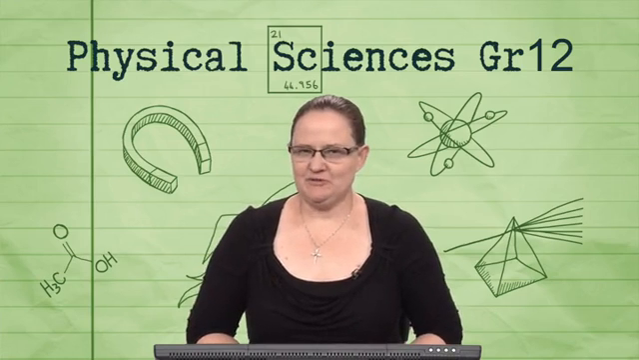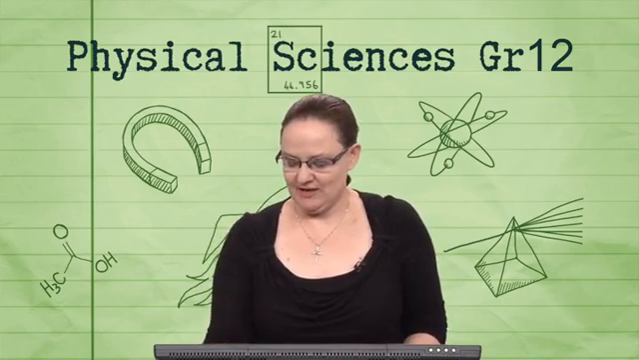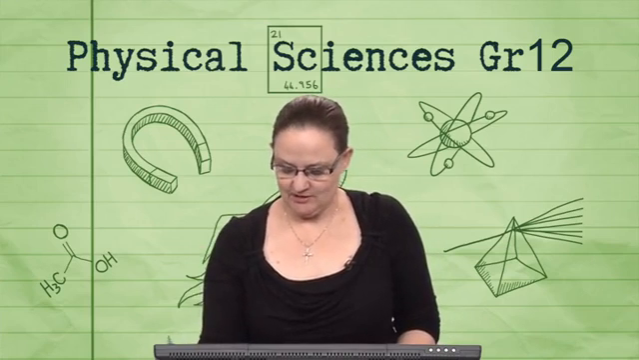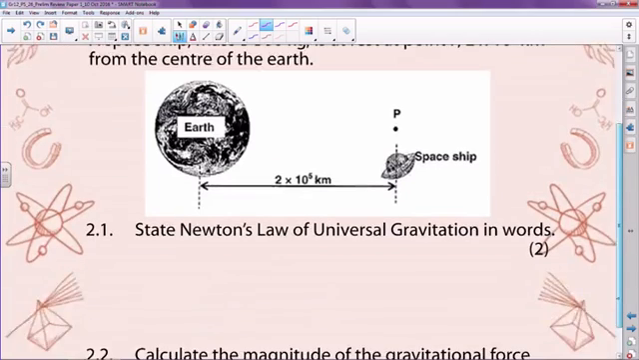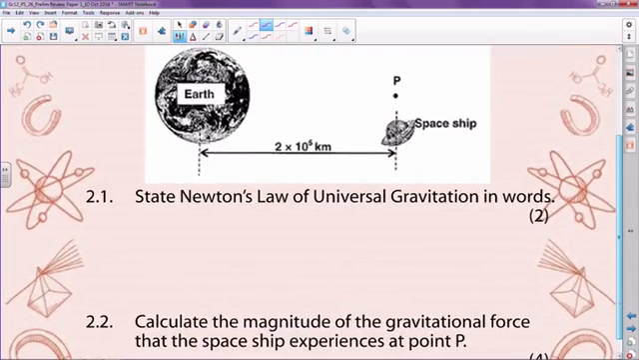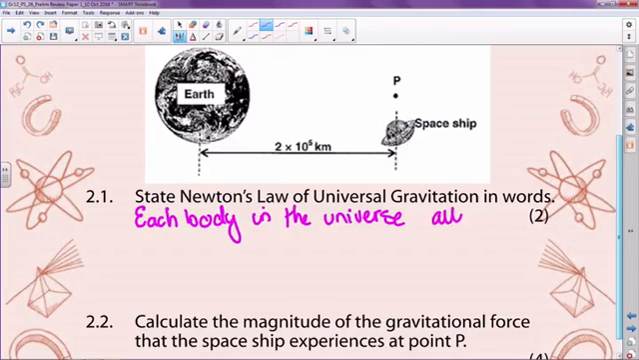I'm really hoping, grade 12s, that we didn't struggle with this one. So let's go through what you should have got. The first one was to state Newton's law of universal gravitation in words. Guys, these are laws. Please, please learn them. What Newton's law says to us is that each body in the universe, because it's universal, attracts every other body